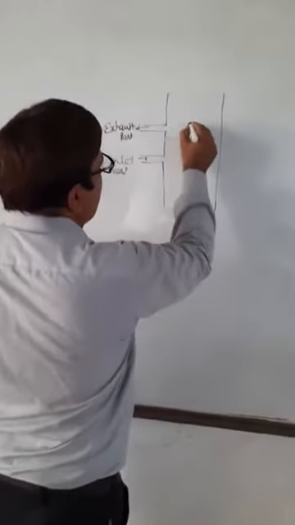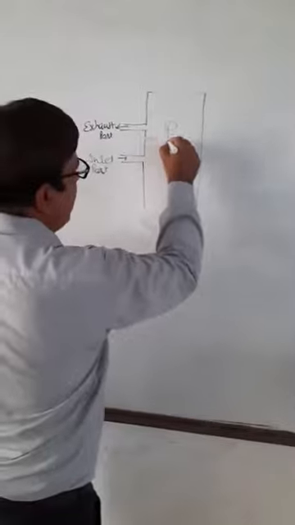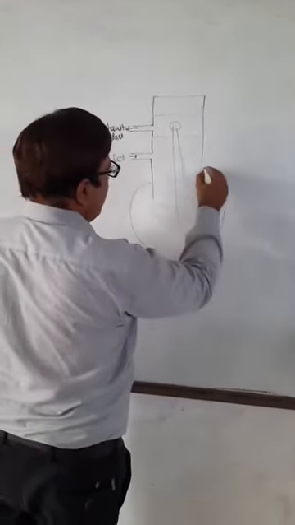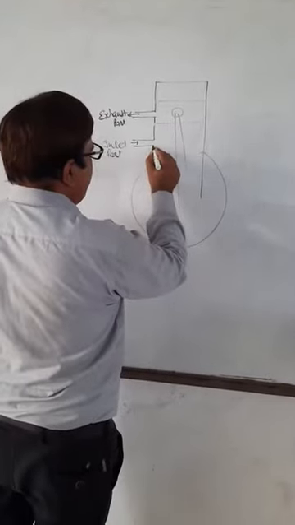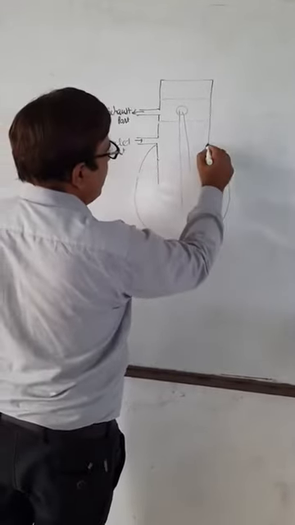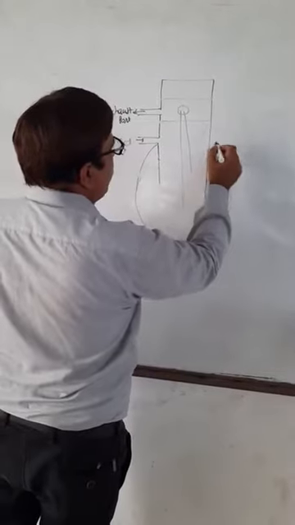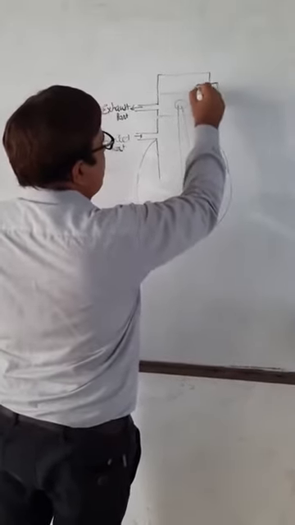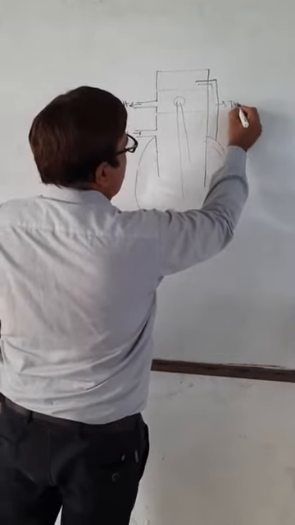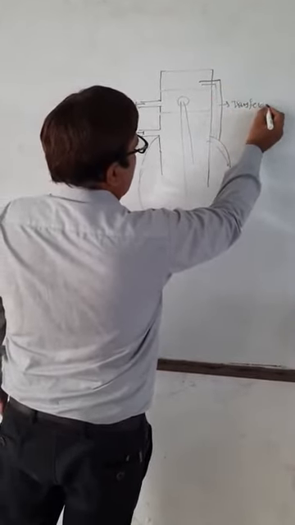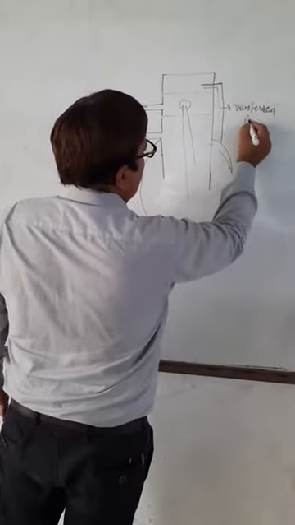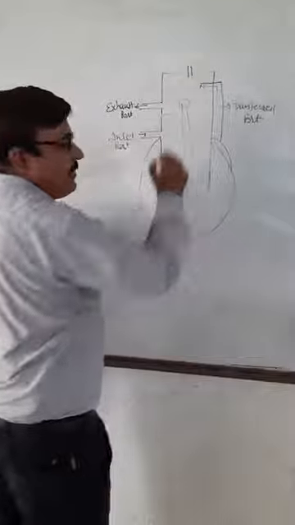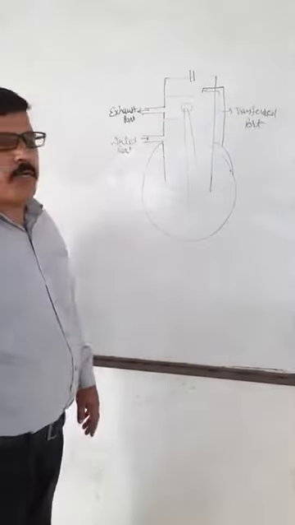This is your piston, and this piston is connected with the crankcase. Look here, this is the crankcase. The lower part is known as the crankcase. And from the crankcase, this is the transfer port. This is the transfer port. Above, if this is a petrol engine, then a spark plug will be there.